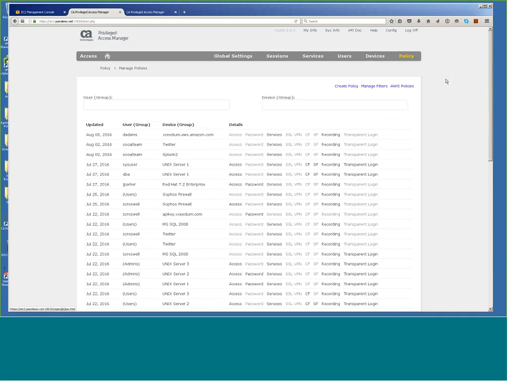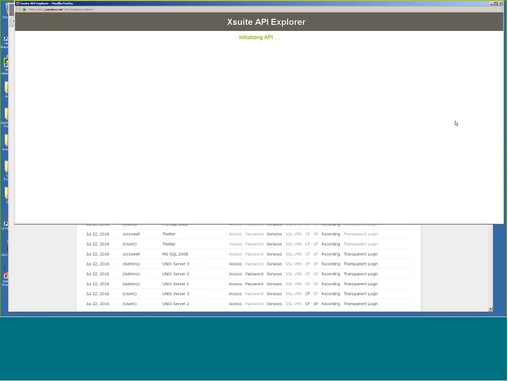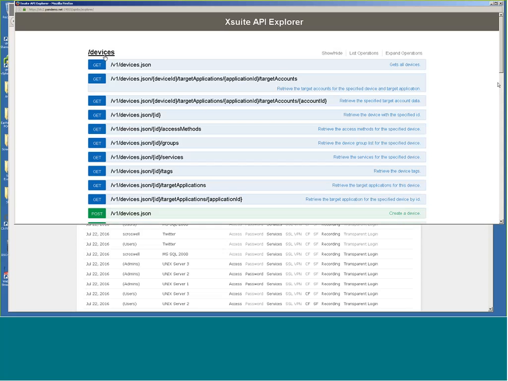But one thing I didn't bring up, because we're talking about AWS, is we do have a full REST API. Through this API, it might not be an out-of-the-box integration, but some of our integrations can use what we call a generic target connector, where you can very easily customize how we do the integration. A lot of things we can do pretty much out of the box, but even if it wasn't, we have a full API here. And you don't have to be a developer to use this API.